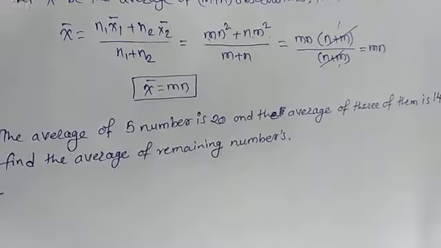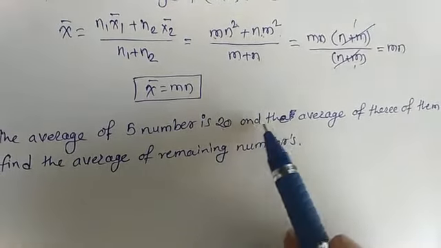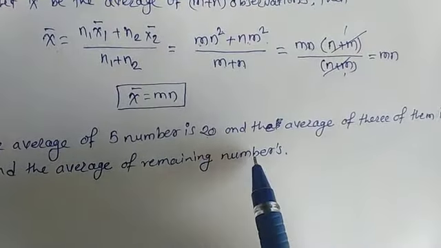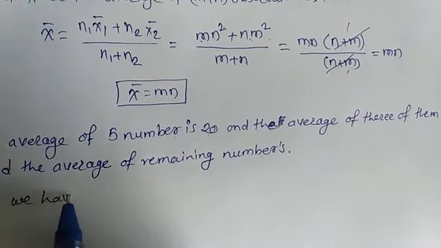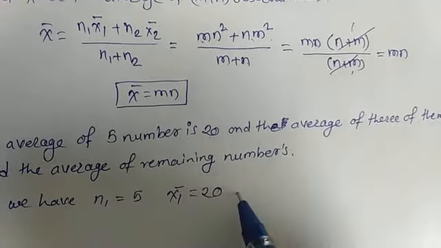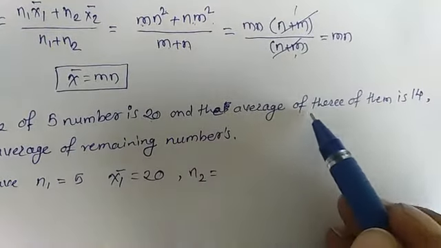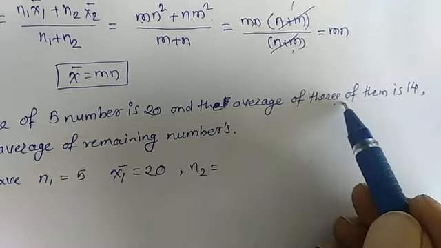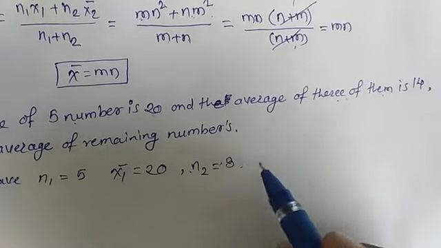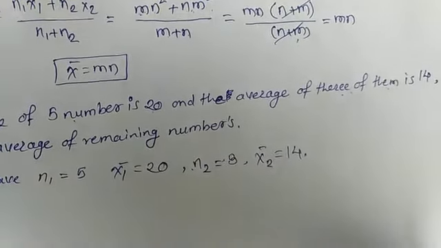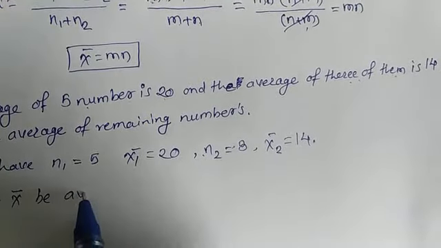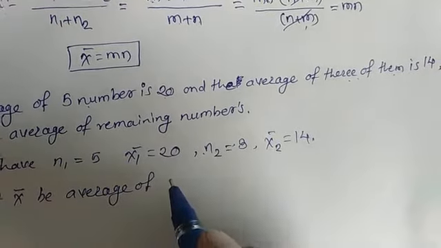Now consider the next example. The average of 5 numbers is 20 and the average of 3 of them is 14, then find the average of the remaining numbers, okay. So here we are given n1 is equal to 5 and x1 bar is equal to 20, okay, and n2 is equal to, now here it is given that the average of 3 of them, that means these 3 observations are present in this, okay, so n2 is equal to 3 and its x2 bar is given as 14, okay. So we will use the remark here and we have to find, let x bar be the average of remaining numbers,